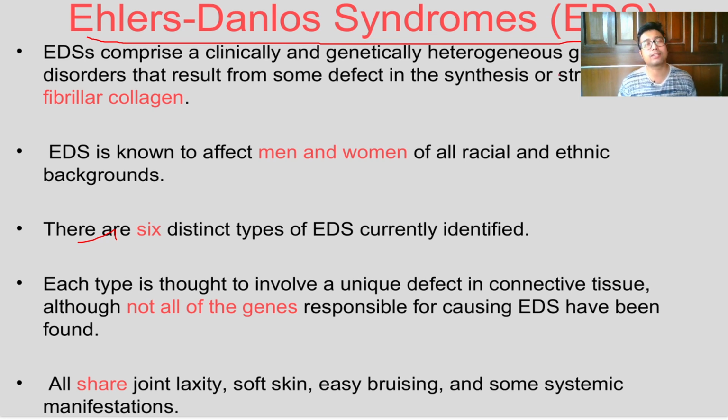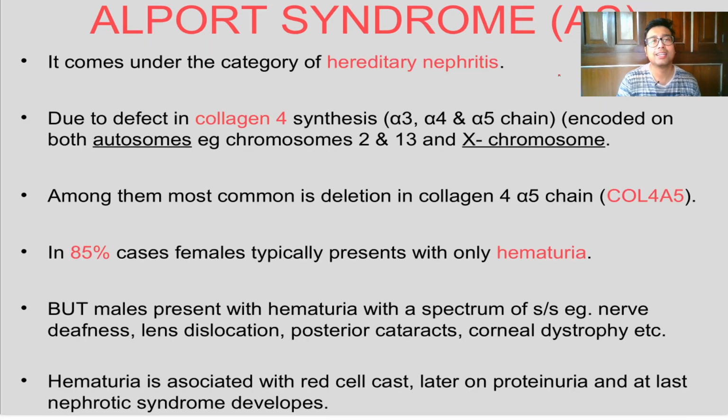This is also characterized by problems in wound healing and easy bruising. If you give a slap to anybody, nothing will happen. But if you give a tight punch, there will be a blackening. But in these patients, a mild tap will also produce a big bruise. So that's the main problem in Ehlers-Danlos syndrome.